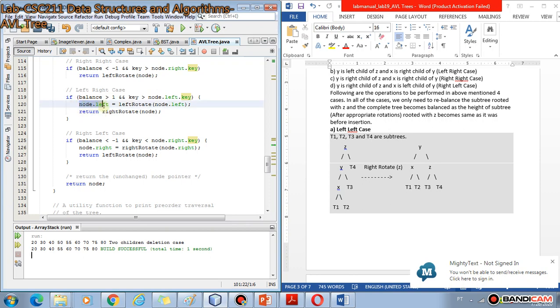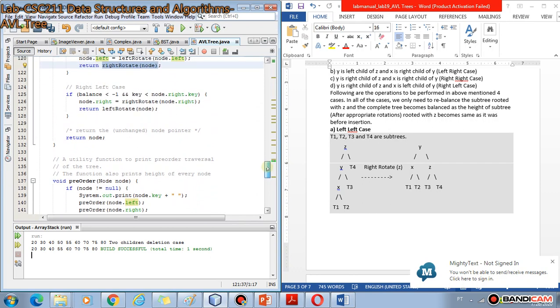In this case, first we update the left node by performing a left rotate, and then we perform the right rotation. We have discussed in sessions that in case of left-right insertion, we have to perform 2 rotations, first a left rotation and then a right rotation, so it will balance the tree.